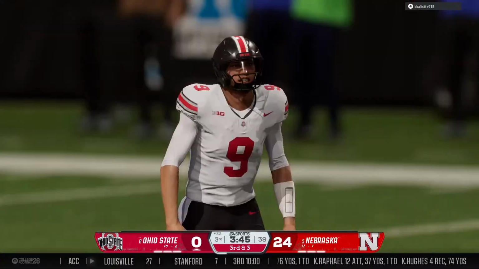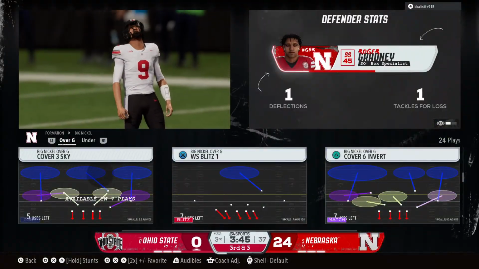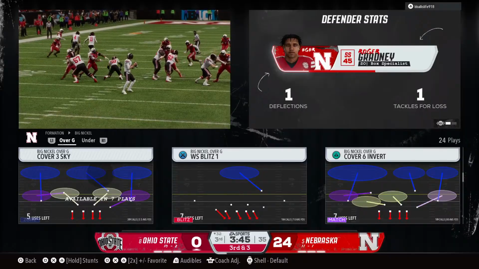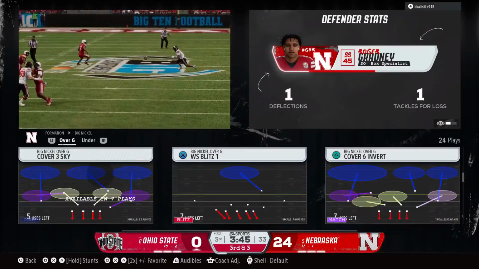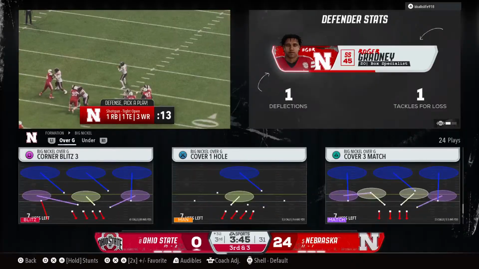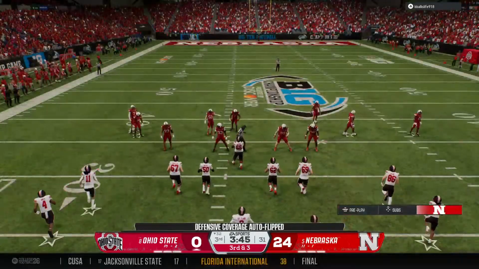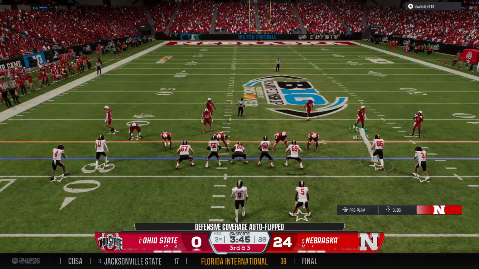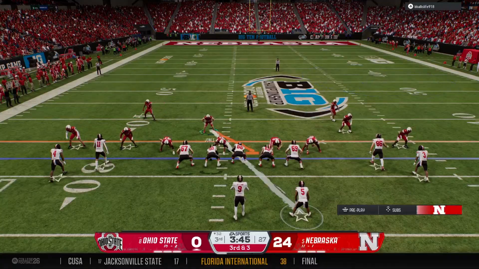But they can't make the connection. Ball's incomplete. Well, these guys just continue to struggle throwing the football. You know, whether it's been running the wrong route, the quarterback not being accurate, the offensive line not doing their job. It's been a collective effort, and it's a big reason why they're trailing now in this game.